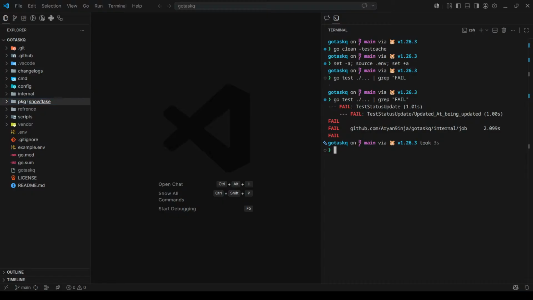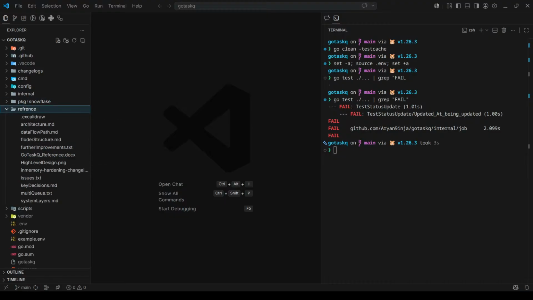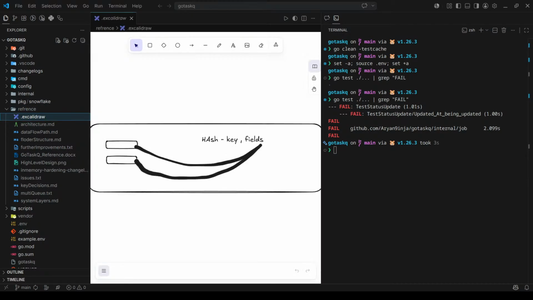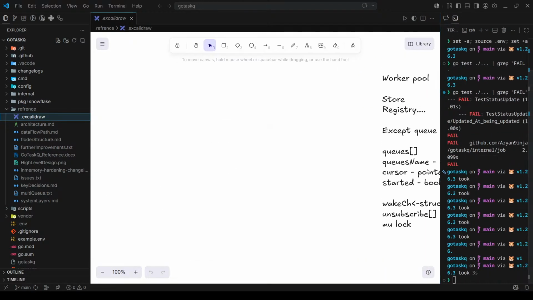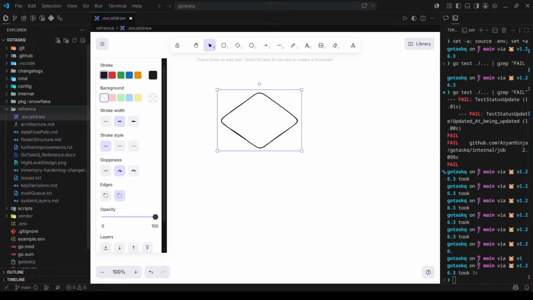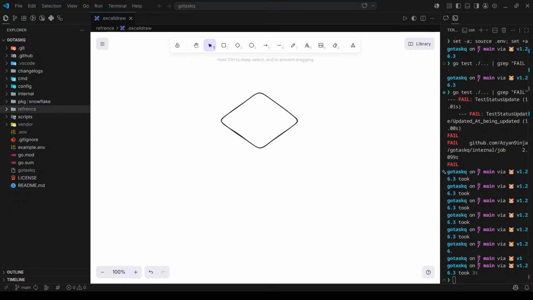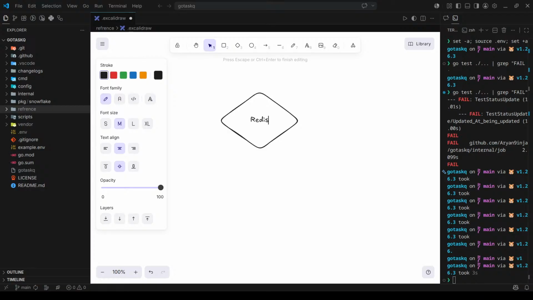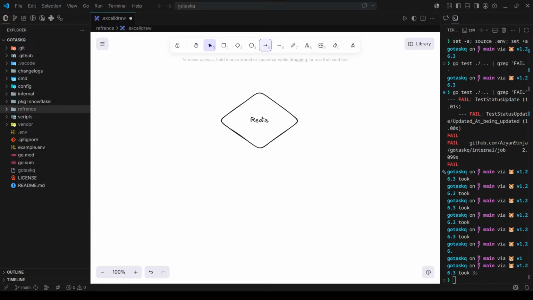So for that, what we can do is set up a Redis distribution system. Let me just draw something for you so that I can better explain what I want to tell you. So the thing is, this is our Redis. Redis is divided into